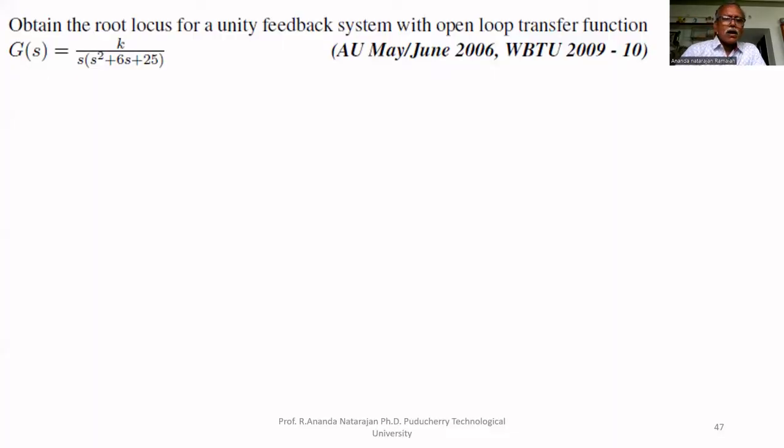Today, let us see some more sums on root locus techniques. Obtain the root locus for a unity feedback system with the open loop transfer function G(s) equal to K upon s multiplied by (s square plus 6s plus 25). The open loop poles are